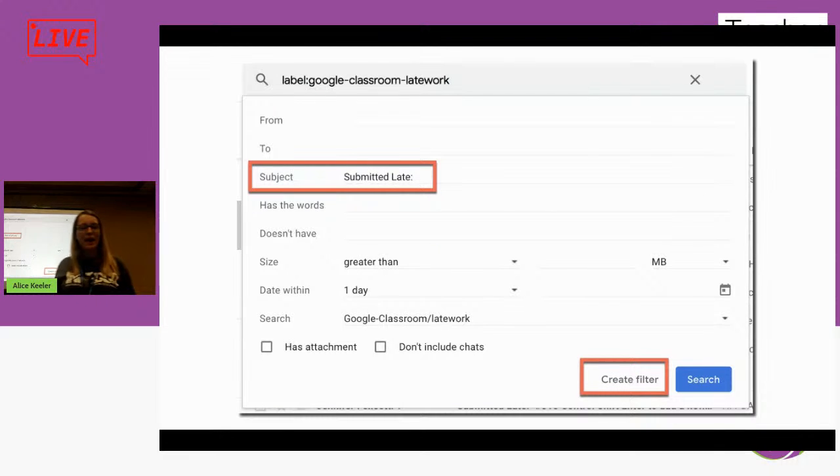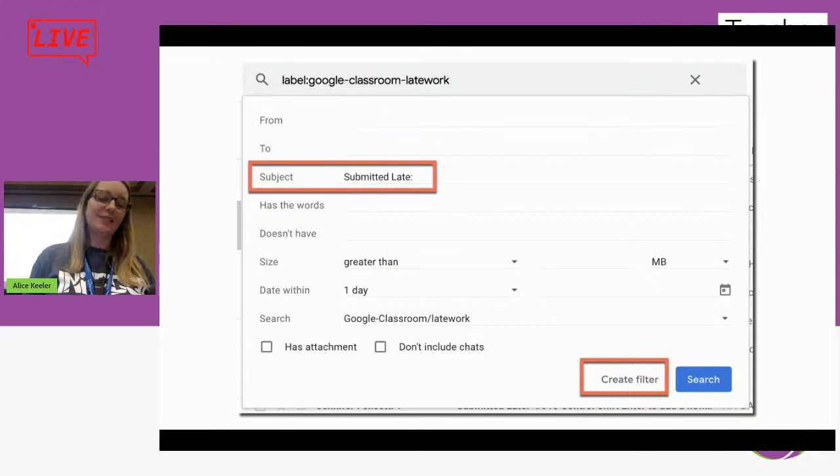There is a way to filter in Outlook. There is. I just don't know what it is. So I would probably make a lot of money if I figured that out.